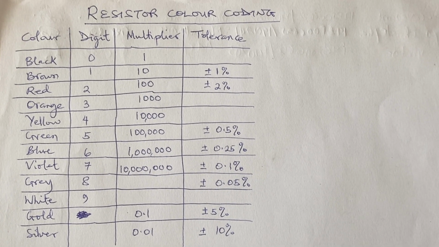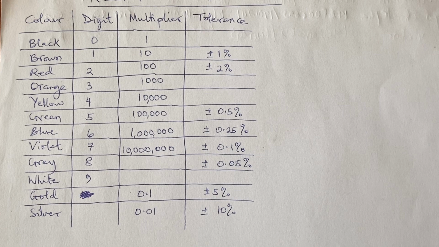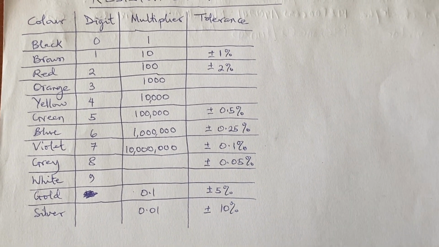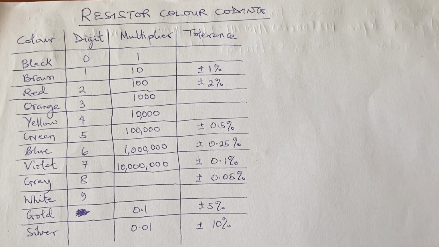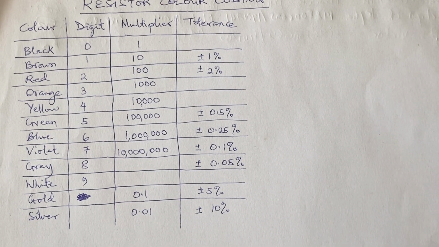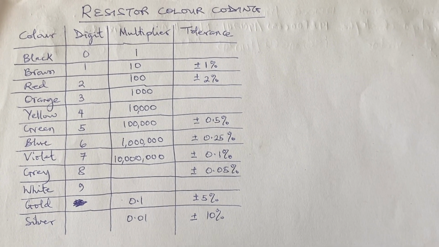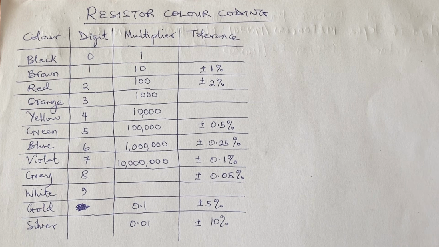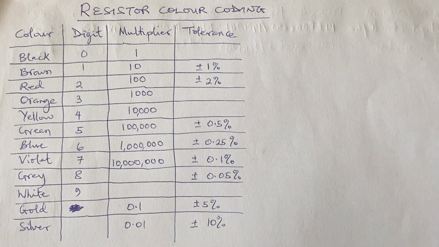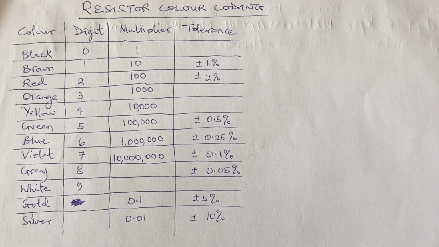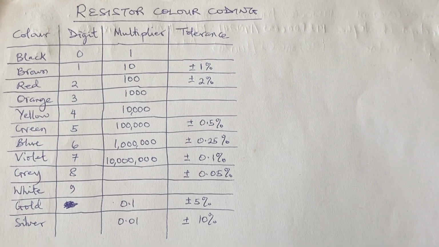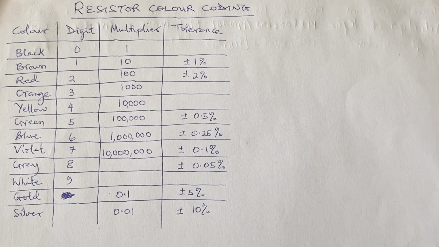You can use a multimeter to determine the value of a resistor, but with this code you will not need to, because it's not every time you have a multimeter with you that you want to quickly confirm some values in a resistor. So today we are going to be helping ourselves in getting to know the values of color code resistors,